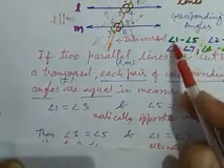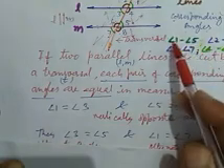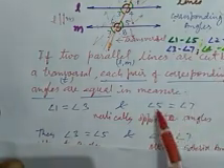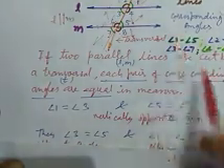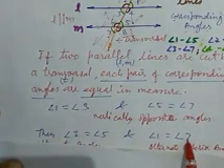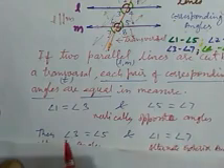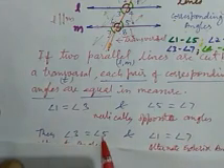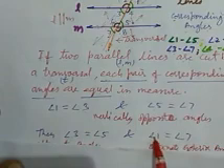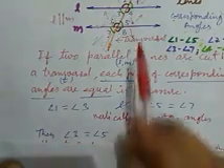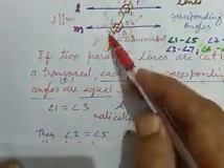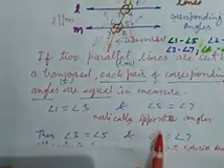But here 1 equal to 5, and 5 equal to 7. So 1 equal to 7. This is another piece of information we receive. So angle 3 equals angle 5 and angle 1 equals angle 7. That is, 1 equals 7 and 3 equals 5.